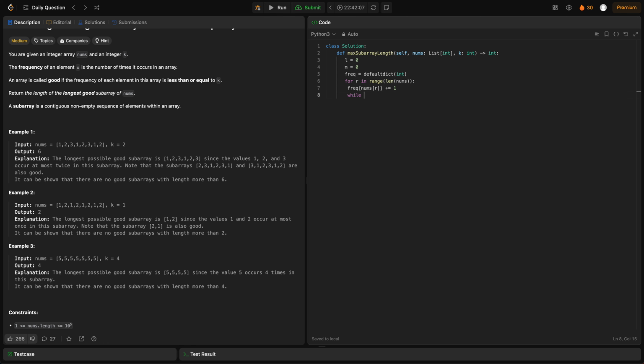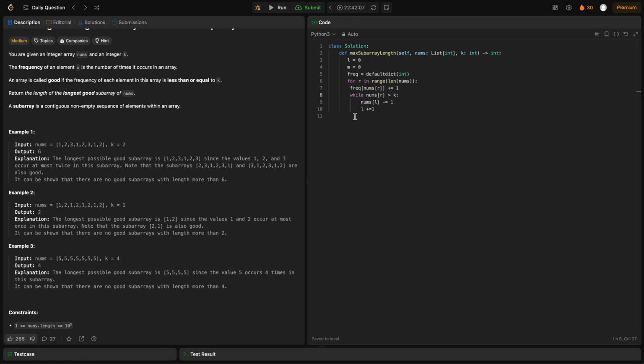And then while the count of nums at r is greater than k, then we go nums at left minus equal 1, left plus equal 1,